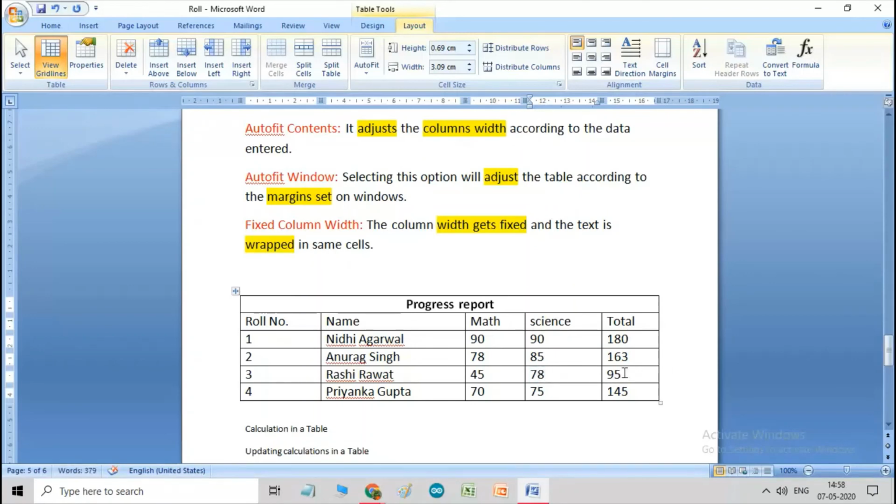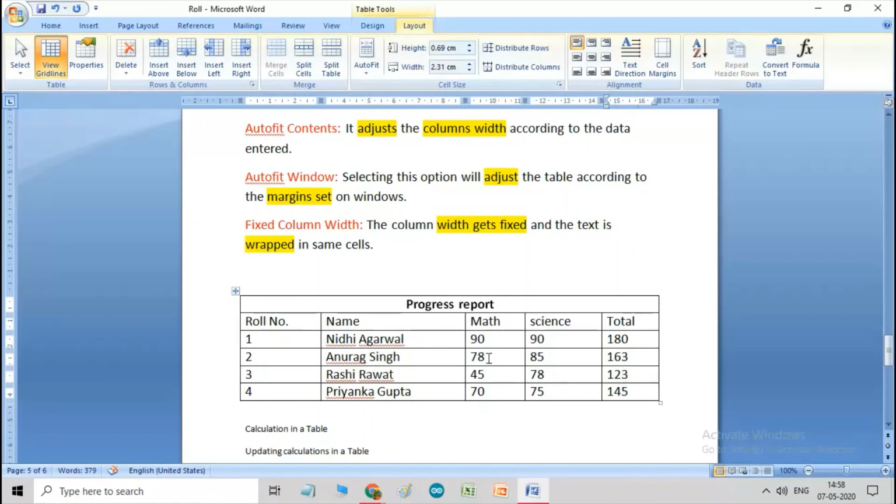I have written 78. Then I will press the F9 key. So you can see the result is changed into 123. So with the help of the F9 key, you can even update your data.